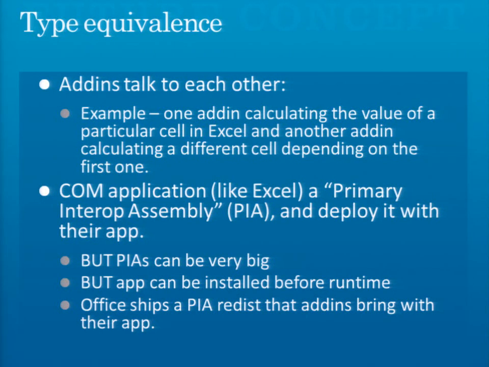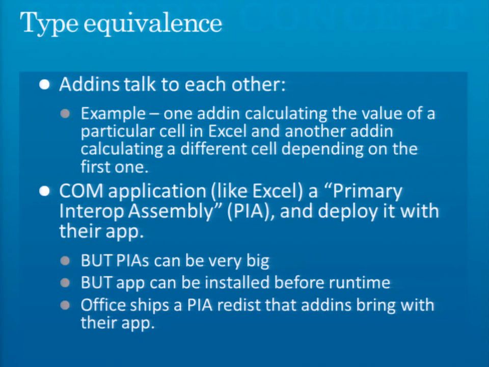to talk to each other, right? A good example of that is if you have a cell in Excel that's calculated through one of these add-ins, and it has a result that's depended on by another one of these add-ins, those guys need to be able to talk to each other because of the way the Excel add-in model works. And if they're going to talk to each other, that means the types they use for talking have to be the same. And the rules we've used mean that those types have to come out of the